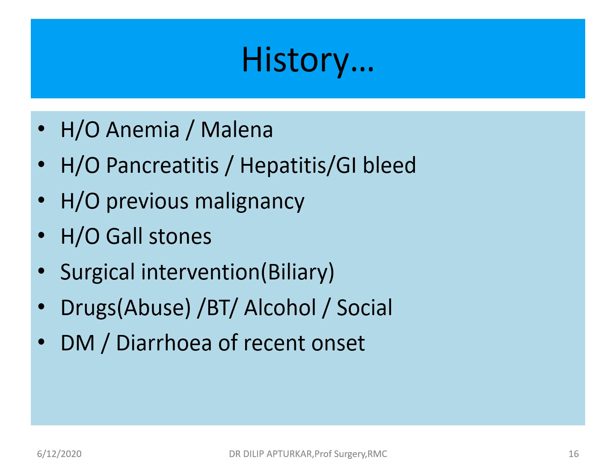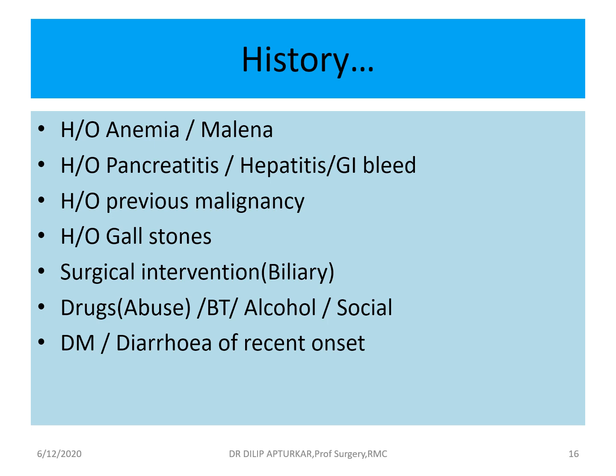History of anemia, melena. Now, in case of periampullary lesions, malignancy, there can be bleeding from the malignancy resulting in melena and anemia. Hemophilia, again, can give rise to melena, anemia. History of pancreatitis, recurrent attacks of pancreatitis, history of hepatitis, history of GI bleed, particularly in case of portal hypertension, history of previous malignancy, history of gallstones,